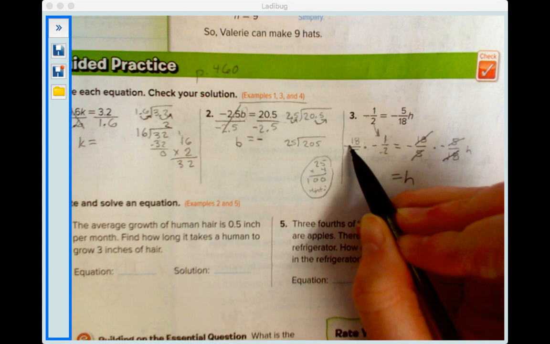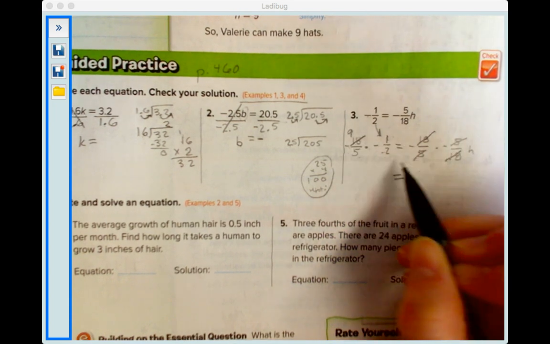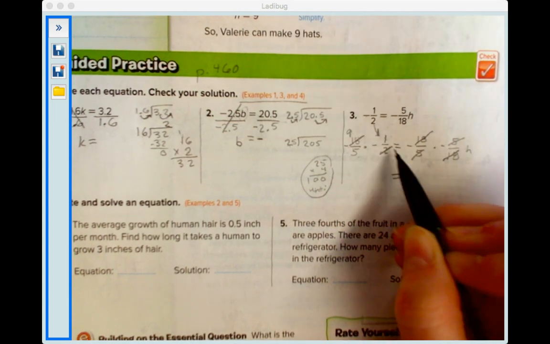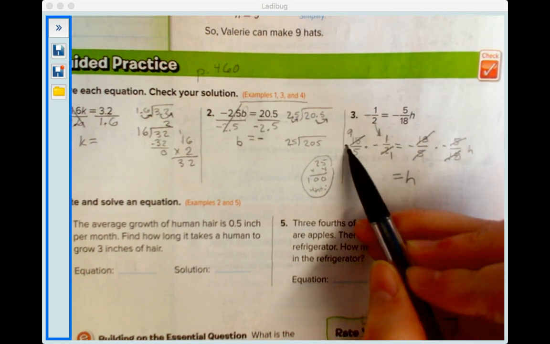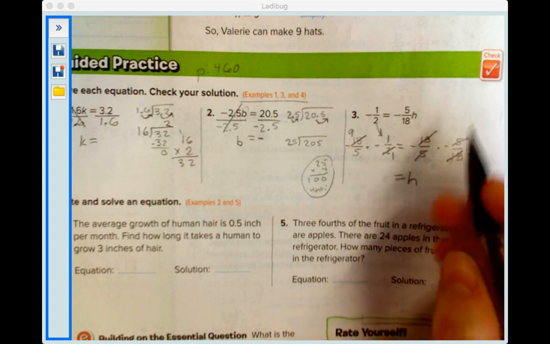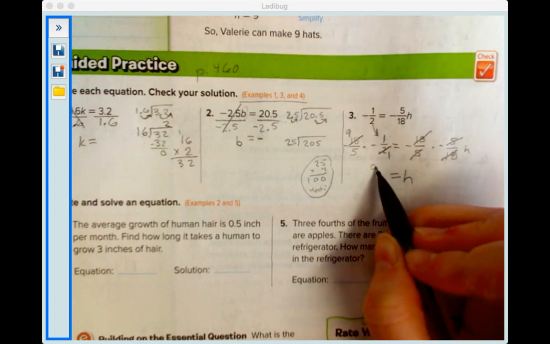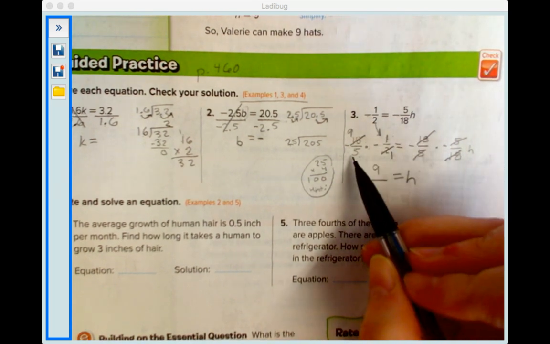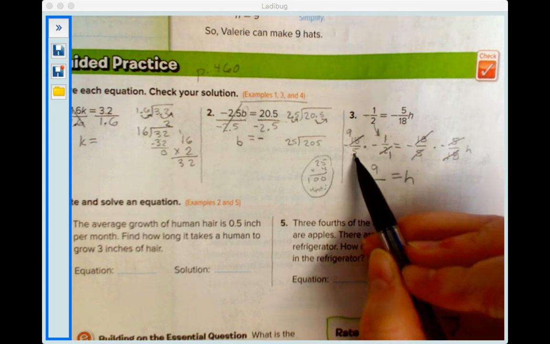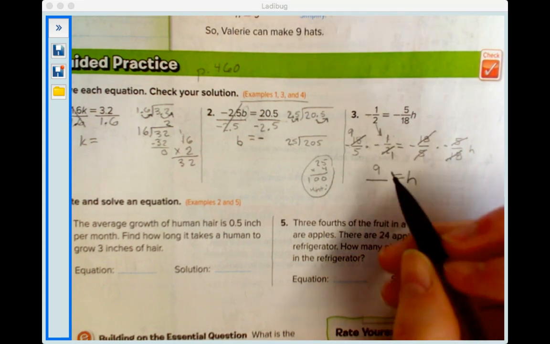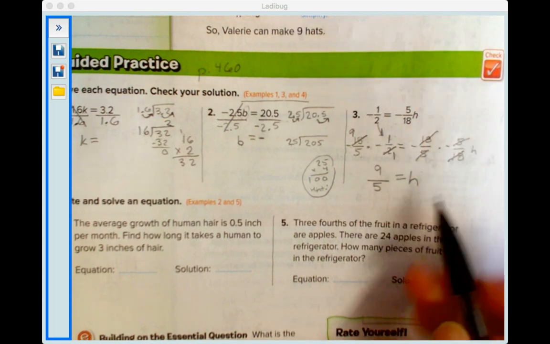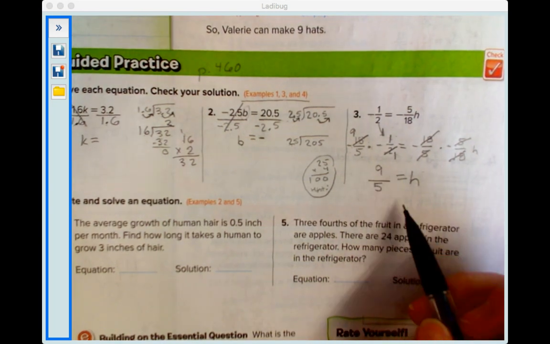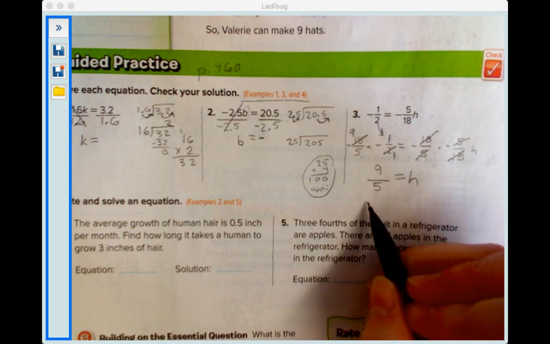So 18 divided by 2 is 9. 2 divided by 2 is 1. So negative 9 times negative 1 is positive 9. Negative 5 times negative 1 is positive 5. That can be your answer, or